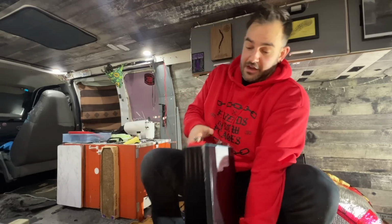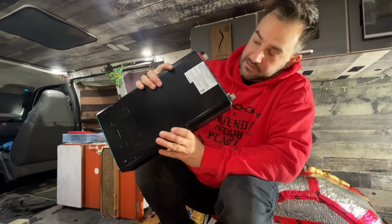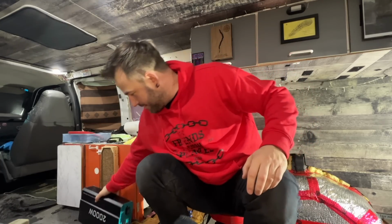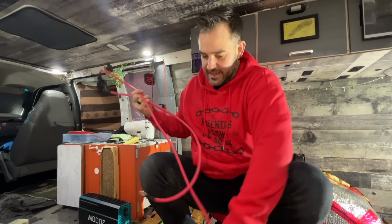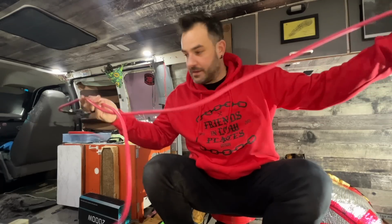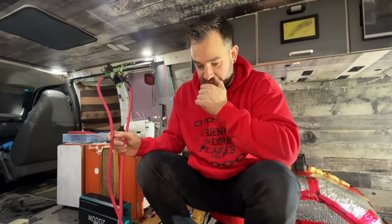Now, granted, I don't use the inverter too much, but from it being back there, you can see those fans are clean. Not a lot of dust or hair otherwise. So set that bad boy aside. And now that we have this disconnected, I'm thinking this wire here will definitely be able to substitute as my negative to go from the battery's new location, which will be up here, to that negative point on the